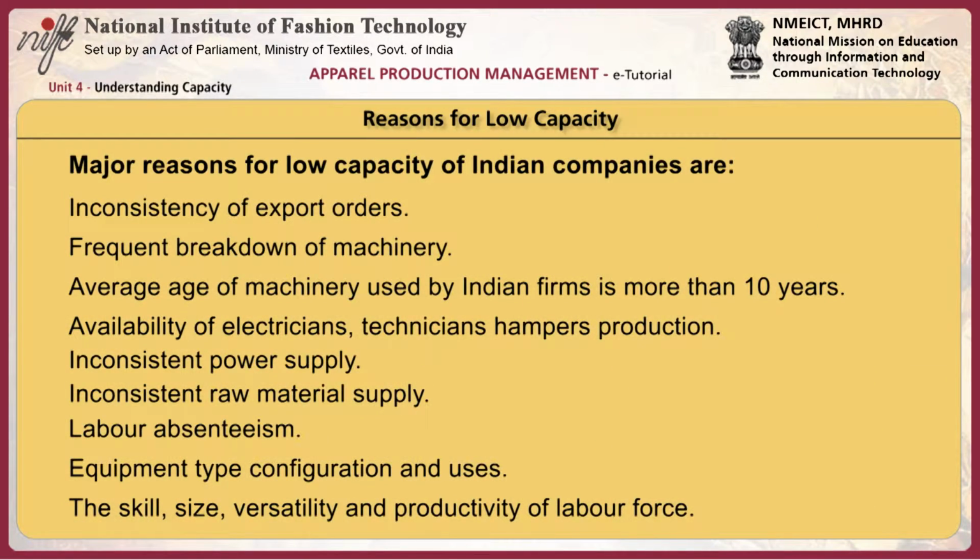The major reasons for low capacity of Indian companies are inconsistency of export orders and frequent breakdown of machinery. The average age of the machinery used by Indian firms is more than 10 years. Hence, chances of breakdown are more. Availability of electricians and technicians is also an issue which hampers production in case of machine breakdown. Then inconsistent power supply, inconsistent raw material supply, labor absenteeism, equipment type, configuration and uses, the skill, size, versatility and